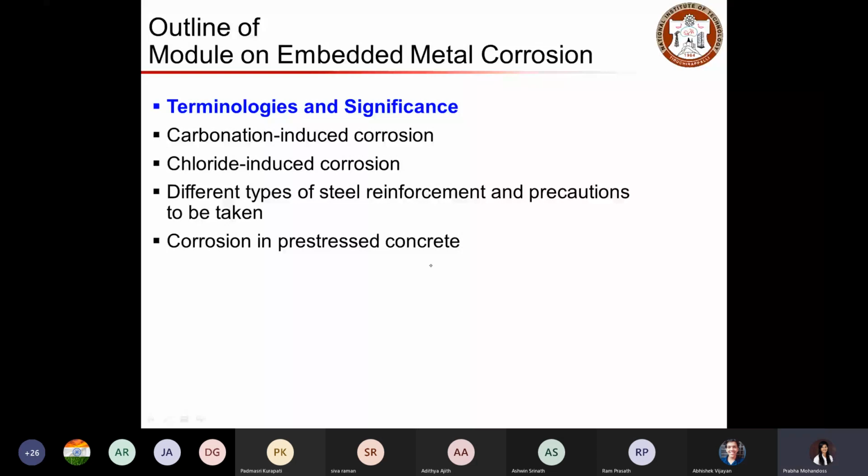systems. Whatever we discussed until this point will be for the conventional reinforced concrete system.